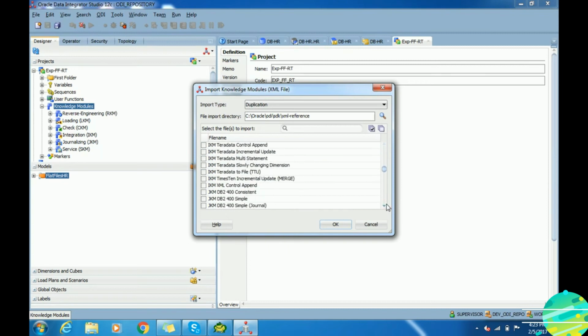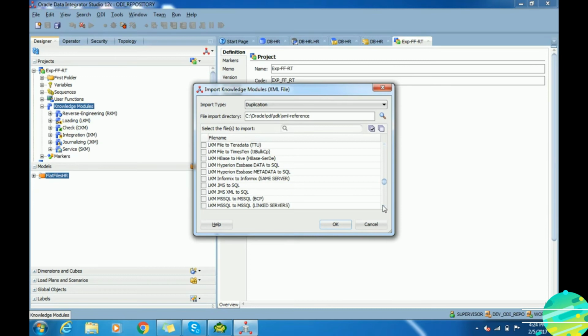The first knowledge module we need is the integration knowledge module, which is going to be SQL incremental update. Perfectly fine. The next knowledge module we will need is the load knowledge module, to load the data from file to SQL. At this moment we need only those two, the load knowledge module and the IKM, the integration knowledge module. Perfectly fine.